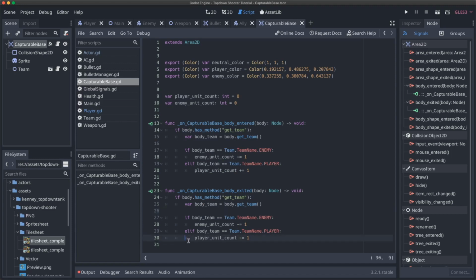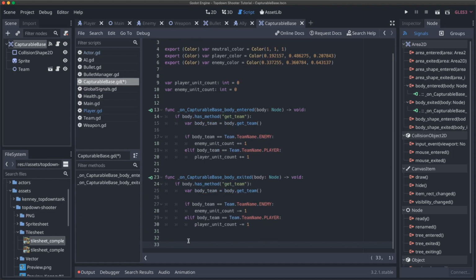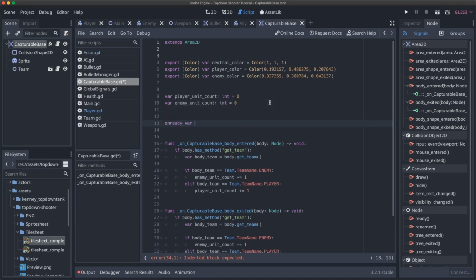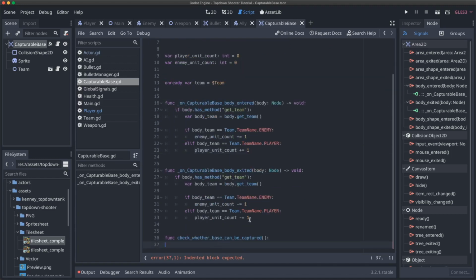And then I think what we're going to do now down here is have a function called check whether base can be captured. Let's do that. Okay, and so what we're going to need to do is get an onReady variable. We'll say onReady var team equals team. Feels like we've done this before because we have multiple times. So what we can do here, let me just say pass here,